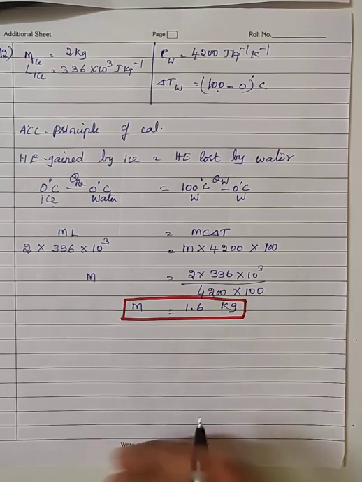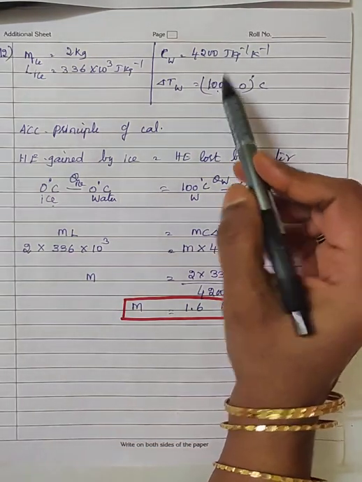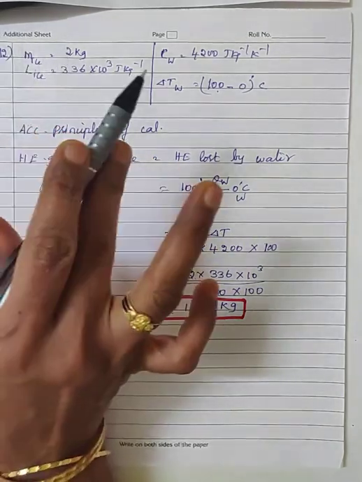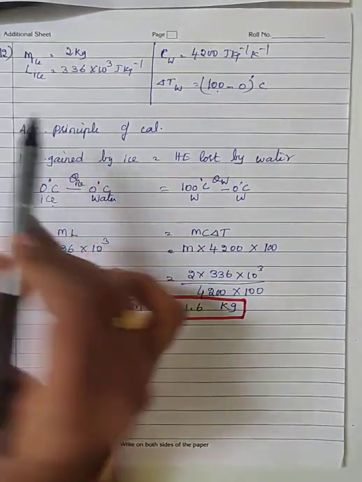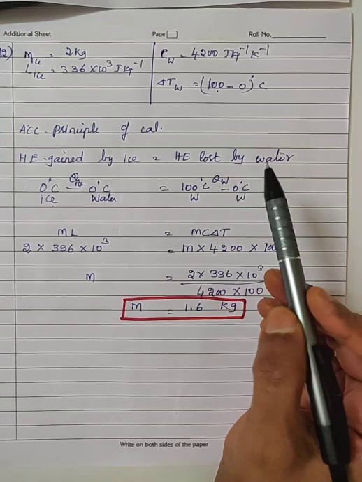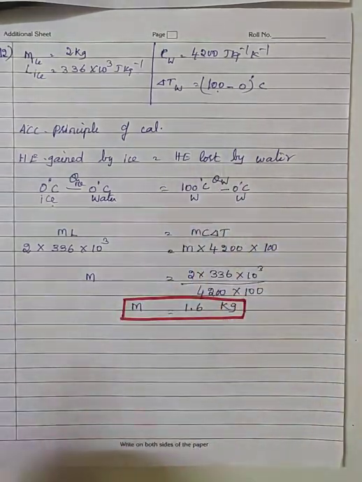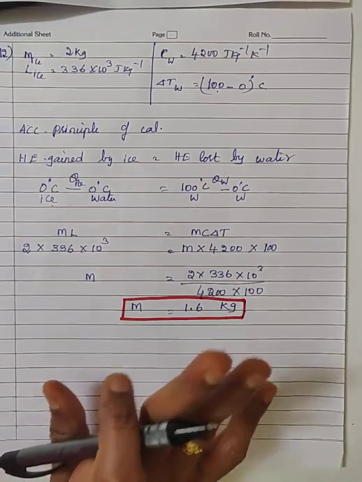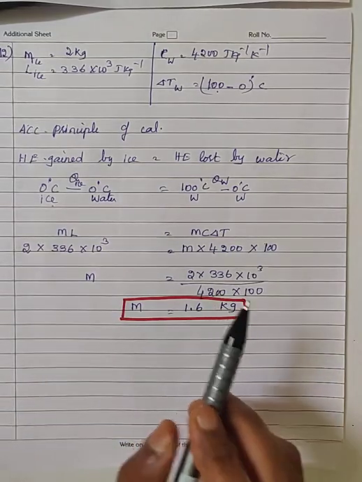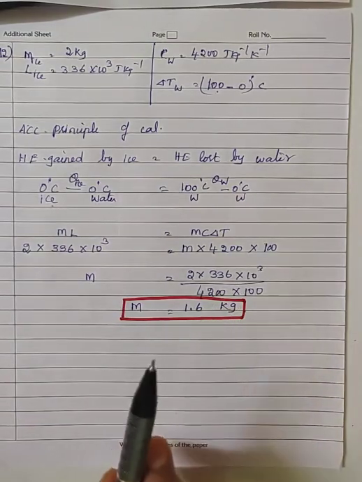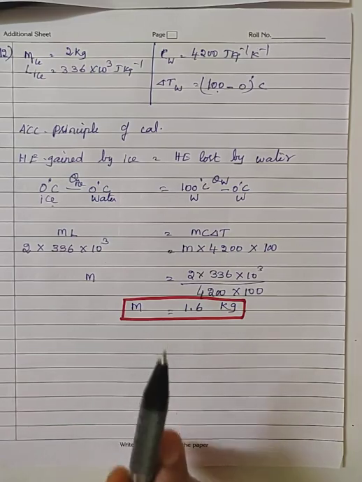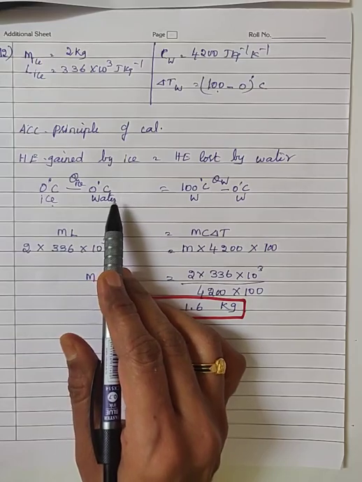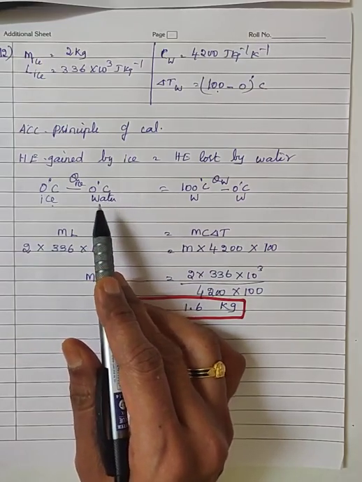So in this question, water at 100 degrees Celsius is poured on 2 kilogram of ice, so the ice just melts. You are asked to calculate how much water was used to melt 2 kilogram of ice. Here the initial temperature of water is given as 100 degrees Celsius, but the final temperature is not given, but one clue is given, it melts. So the melting point of ice is 0 degrees Celsius. That you have to take as the final temperature of the mixture.